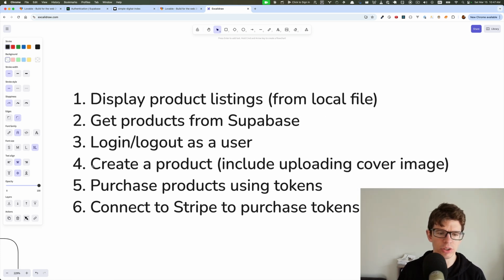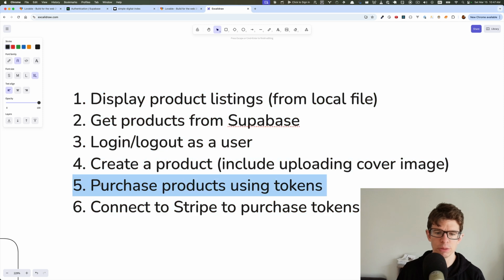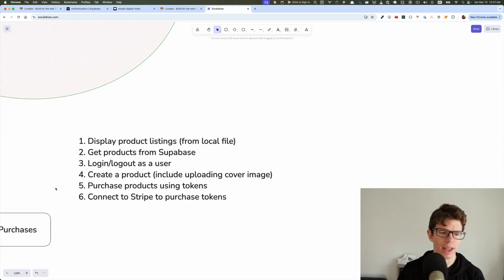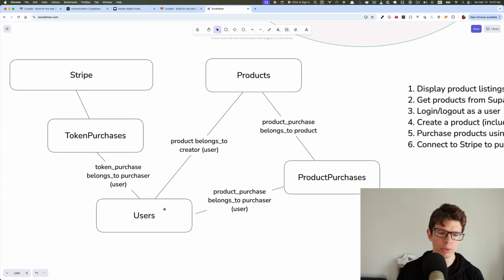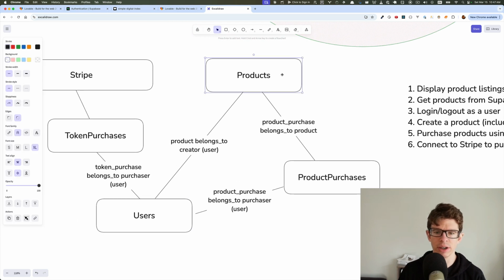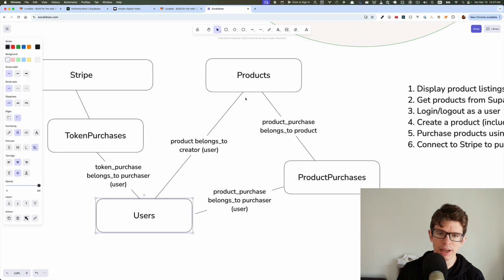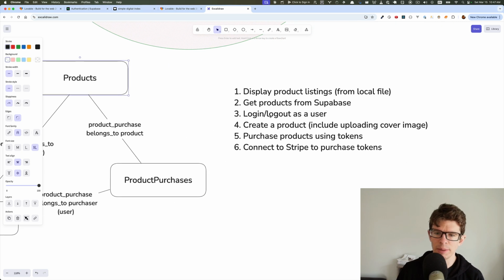And now we need to do creating a product, purchase products using tokens, and connect to Stripe to purchase tokens. And if you look over here at our chart, we have users and we have products. But we don't have product purchases, token purchase, or any of these connections yet. But even though it only looks like we've made a tiny bit here, we've actually done some of the most